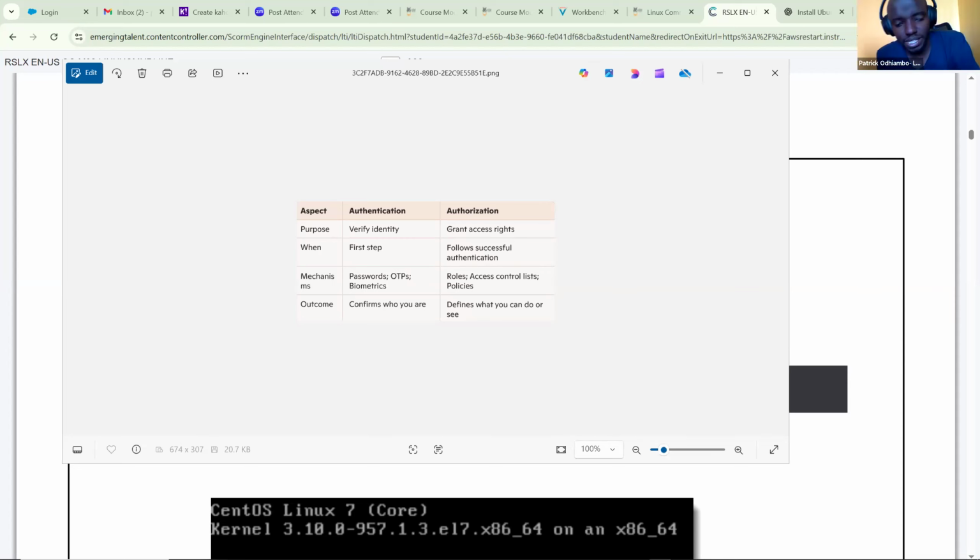Now, the example I gave myself during that time, this is what I explained. I said authentication is when a guest is coming into a house. When you knock on the door, you identify yourself. You say, I am so and so, and I am going to this place. I am so and so, that is your username. I am going to this place, that is the password. You get access into the house. Once you are inside the house, you will access what you will access by entering the house.